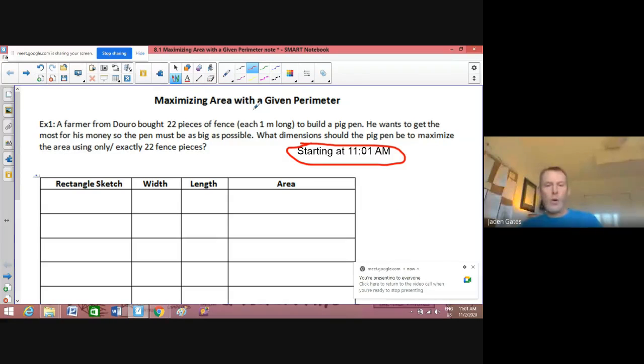All right, so what we're looking at this time out is called maximizing area with a given perimeter. Maximizing area means we want the biggest one with a given perimeter, which means we're stuck with a set amount of pieces. All right, so that's what we're looking at. So we have a situation here where we have